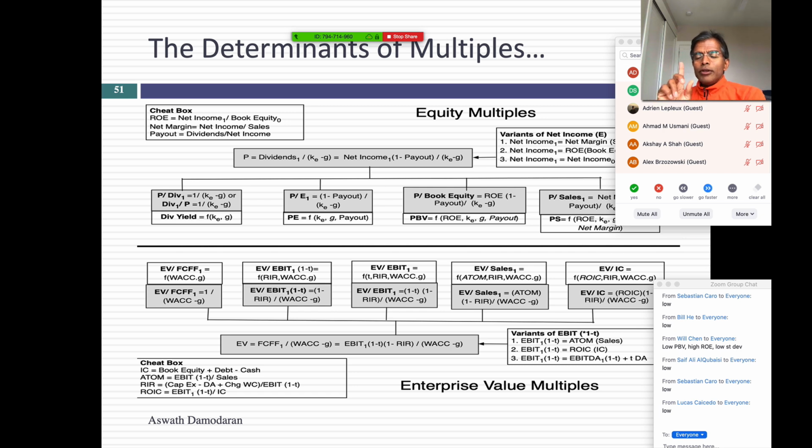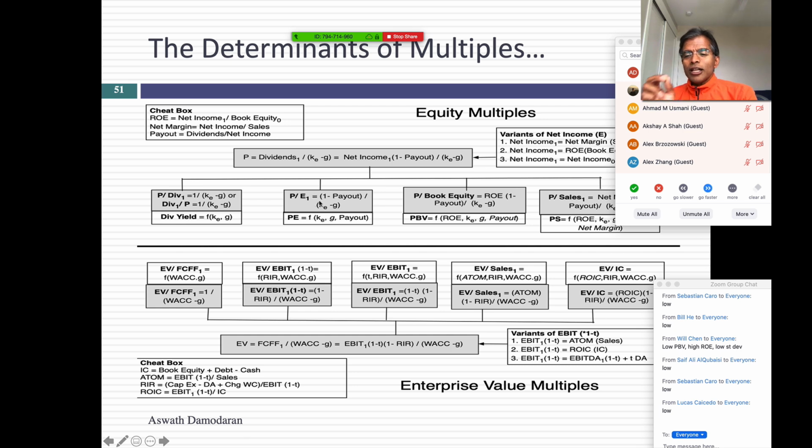No. Wait. The equation is irrelevant. Once I've used the equation and extracted the multiples, I throw away the equation. I never use it again. So I'm glad you asked this question because if I ask you to compute the PE ratio of your company, I don't want you to go plug numbers into this equation because if you plug numbers into this equation, you know what you're going to get, right? You're going to get a stable growth dividend discount model for your company, and I don't want that.